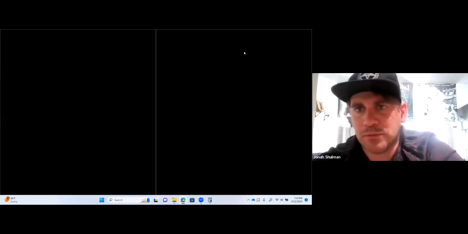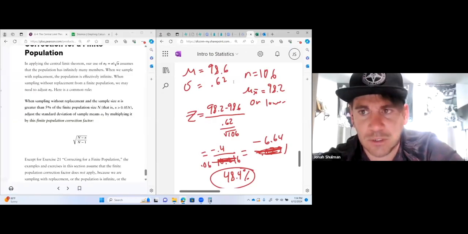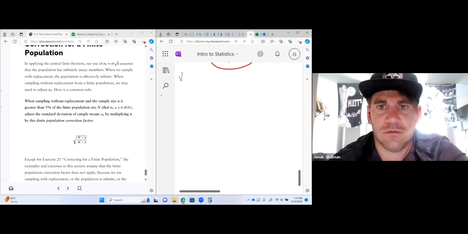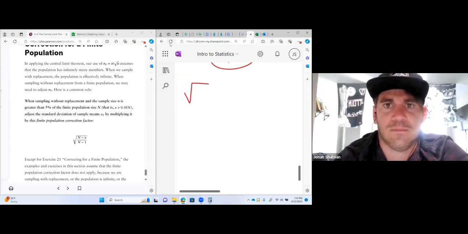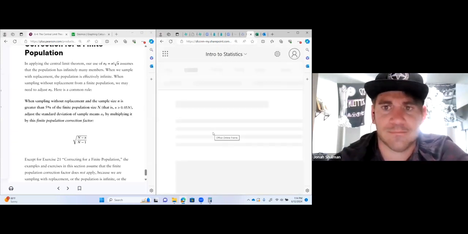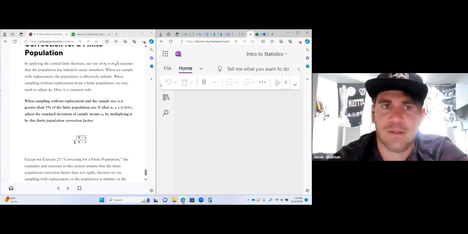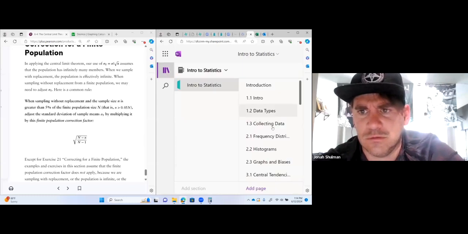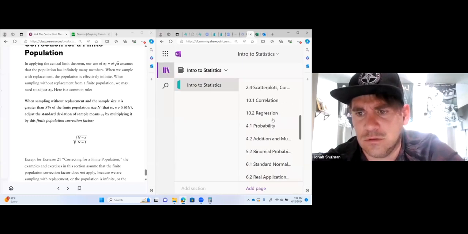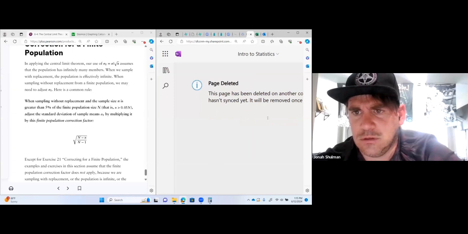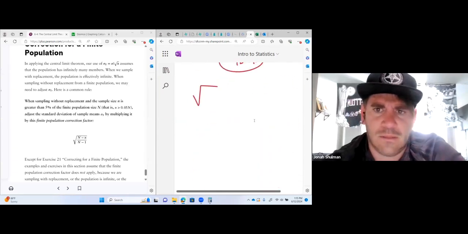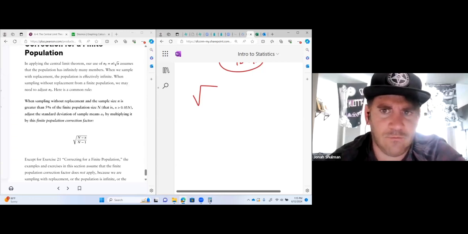Cool. So if we use without replacement and we have a finite population, we have to adjust this. Remember what without replacement means? This means we have a fixed number. If we are replacing, it's an infinite number. So what does this mean when we're working with it? I really thought that'd give you a lot more information on this. So remember, whenever we have without replacement,